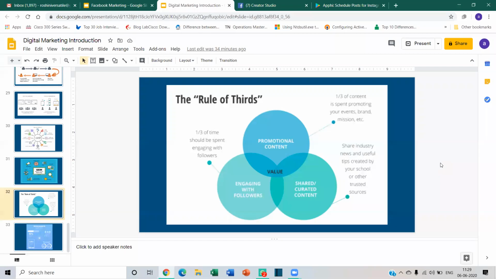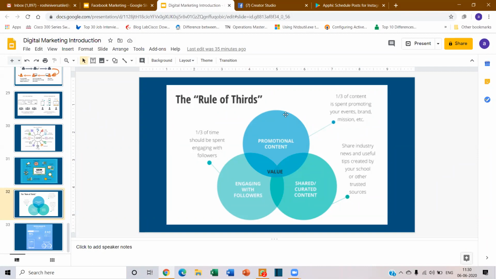If you have these three types of postings on Facebook and Instagram, your reach will be more, since you get more likes, you get more audience, and your campaign also might work a little bit more. That is how the idea works. This is the rule of thirds when you're using FB, and this is the final thing about FB marketing.